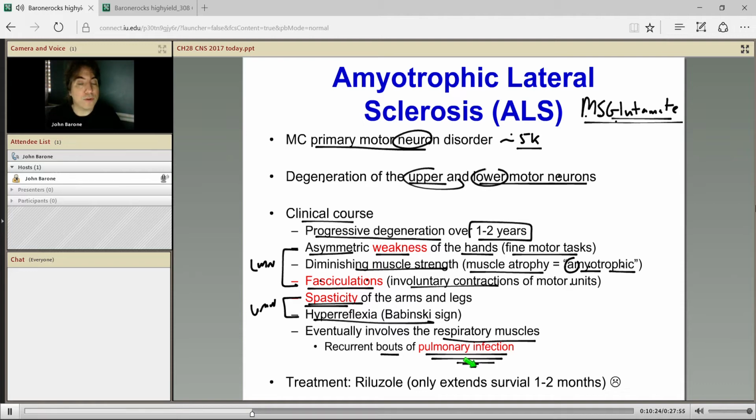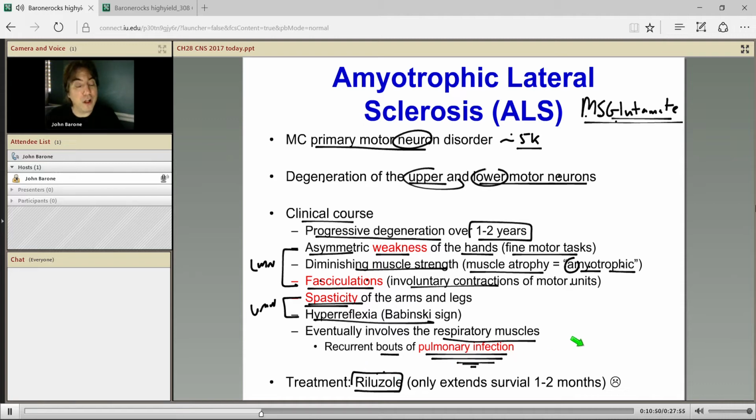Okay. Now, treatment. There's one drug and it stinks, but it's asked on the exam. So, Riluzole. If you're a Yankee fan, you remember back in the old days, you had Phil Rizzuto. Riluzole sounds like Phil Rizzuto. You're probably too young to know the Yankees anyway. But Lou Gehrig was a famous player, so was Phil Rizzuto.